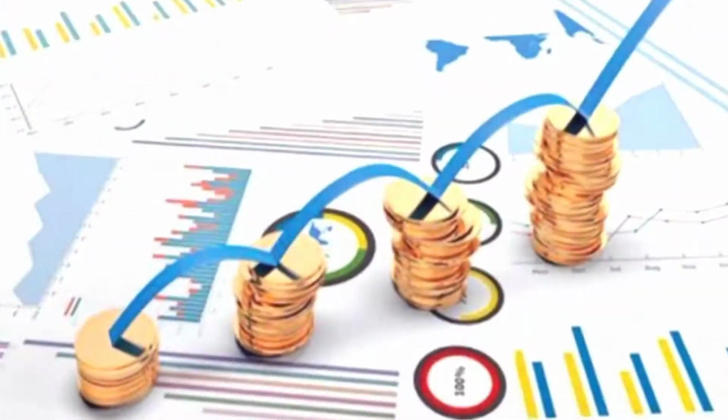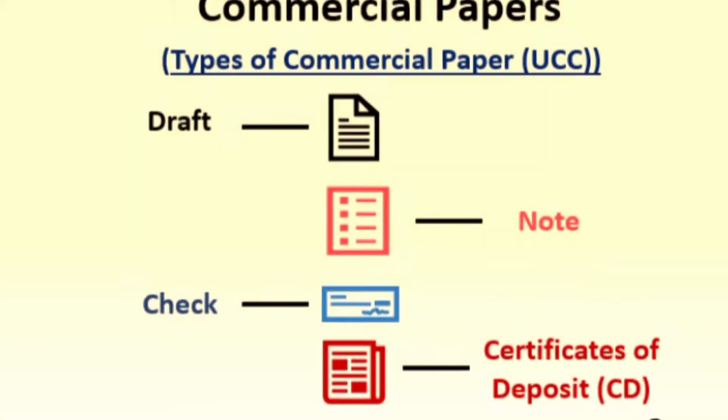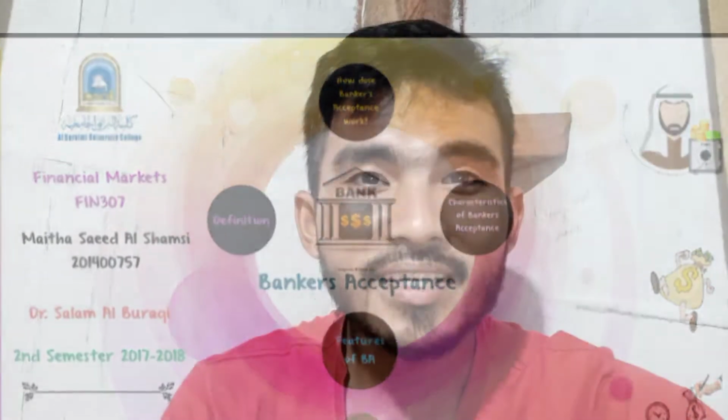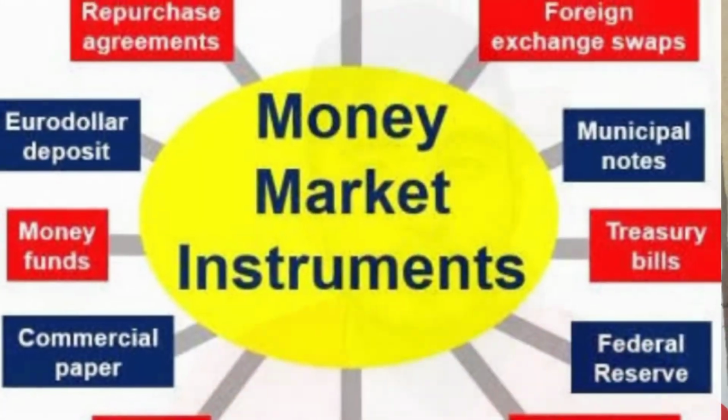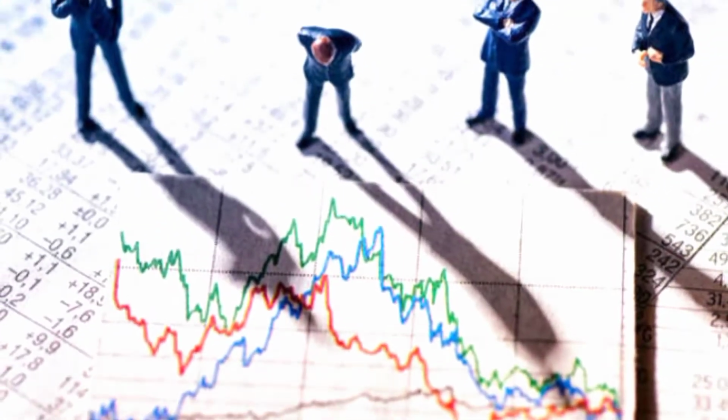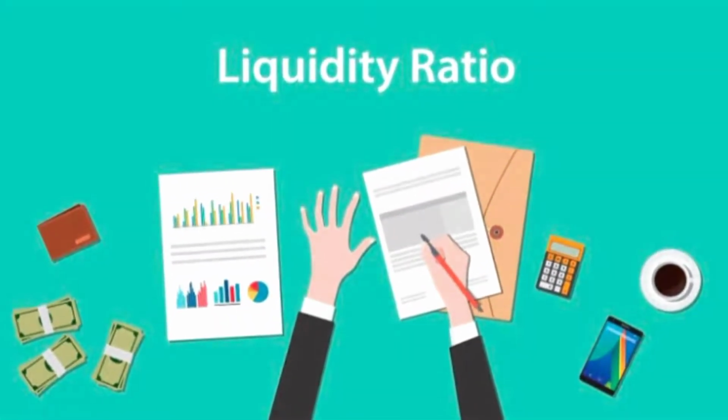On the other hand, money market instruments consist of treasury bills, federal agency notes, certificates of deposits, commercial papers, bankers' acceptances, repurchase agreements, among others. Money market instruments are financial instruments which are issued with a maturity of 1 year or less. They provide a market for investors to earn a return on liquid assets. Borrowers who need short-term liquidity have access to these funds, and they provide the Fed with a means to effect